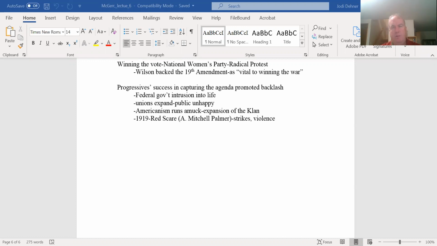Should they vote for a candidate who's going to continue Woodrow Wilson's legacy, or are they going to reject the whole effort of Woodrow Wilson and this vision for the United States in the post-war world? What are they going to do? And so the 1920 election is another one of those watershed elections in which the American people vote overwhelmingly for Warren G. Harding and his vision of what the world should be, which is a world in which the United States is self-isolated.